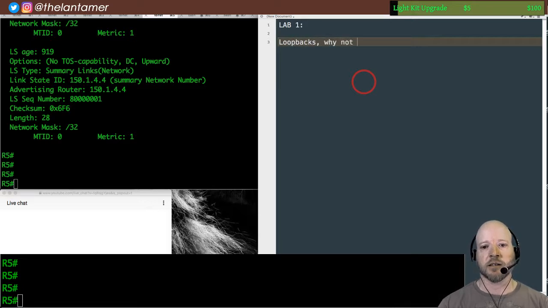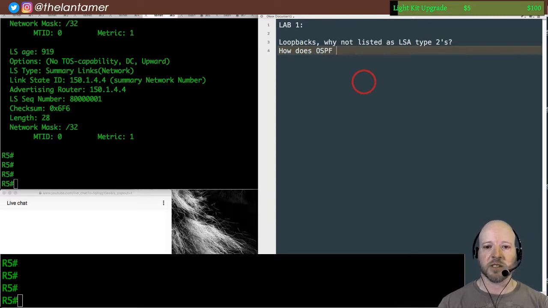Why are they not listed as LSA type 2s? And how does OSPF know how to get there via the SPF graph? Then in lab 2,